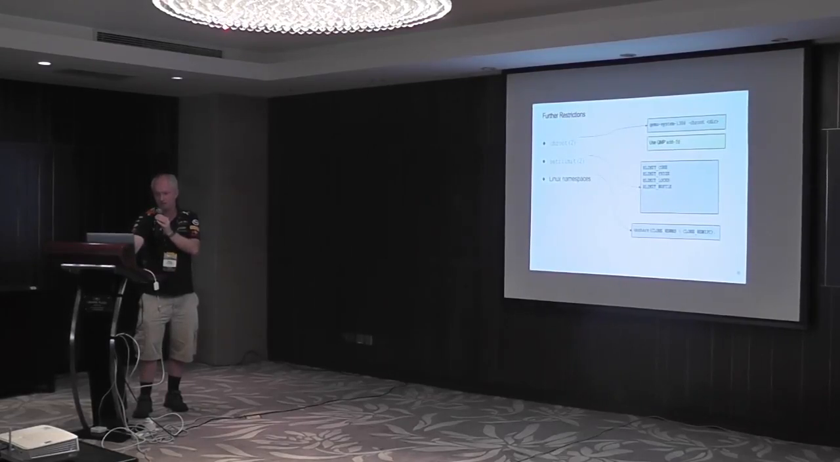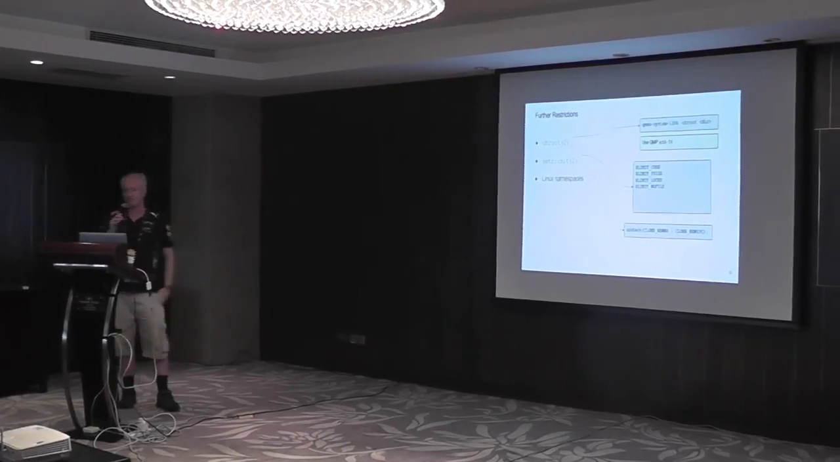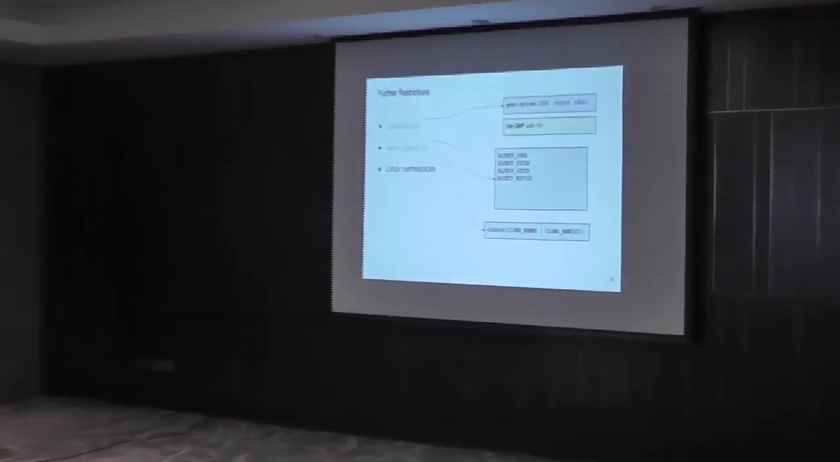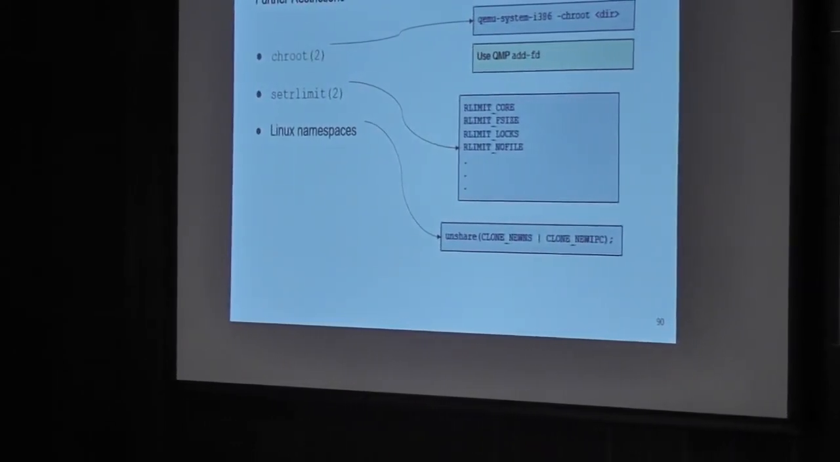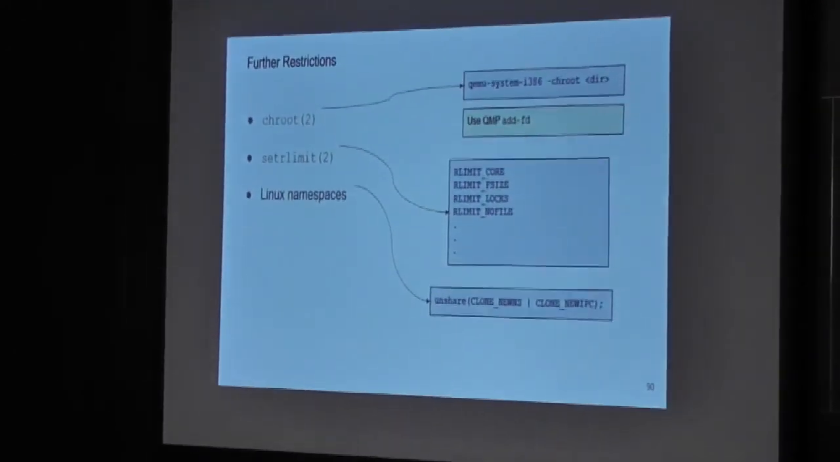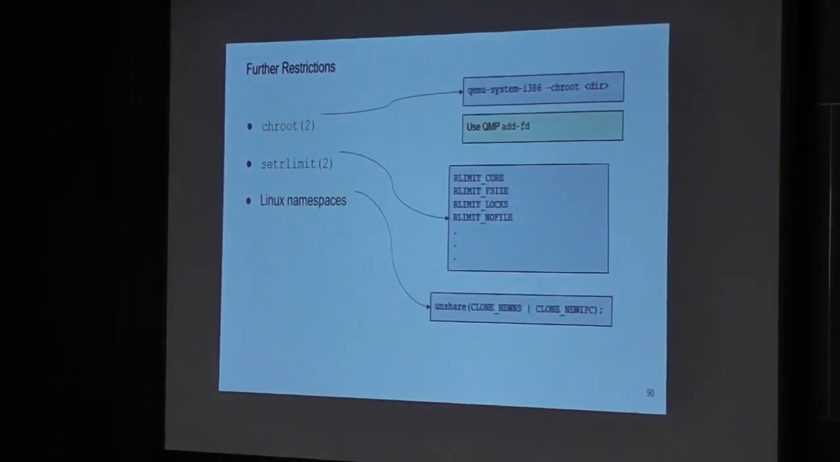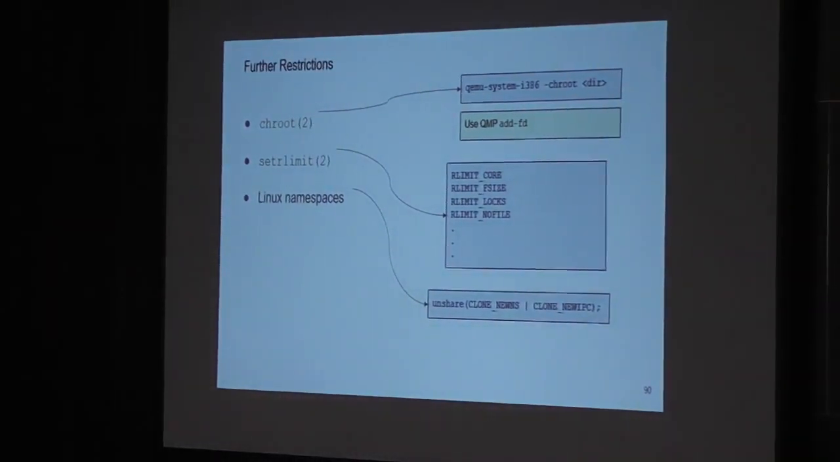Next one is Linux namespaces, because again, a compromised QEMU has full visibility of the network namespace and the IPC namespace, so it could potentially try to mount attacks even if it's deprivileged using those. And that's something that we can do using the unshare command. So, of those three,